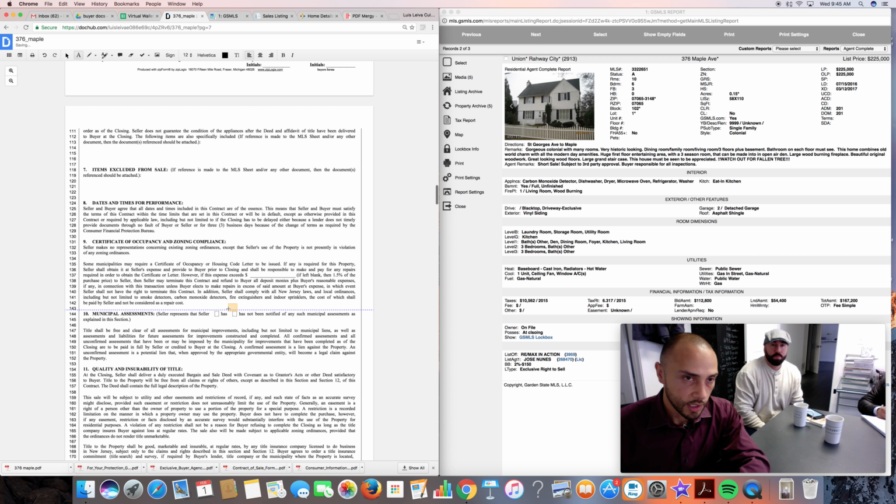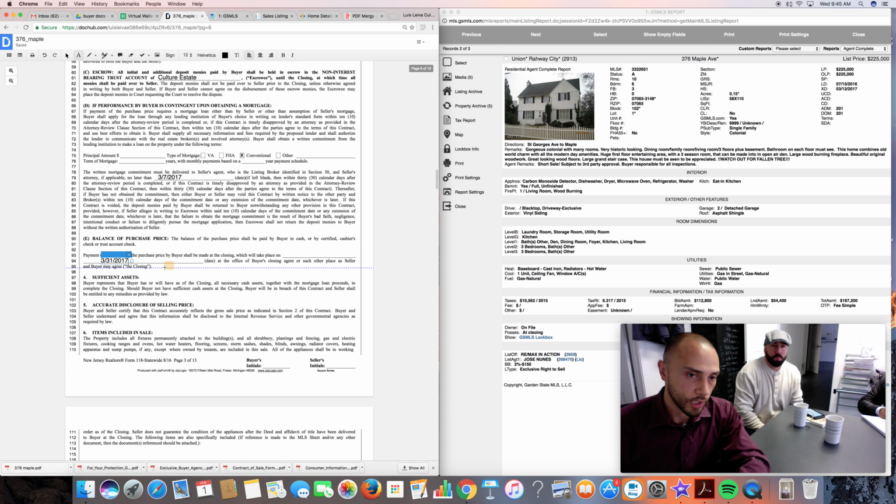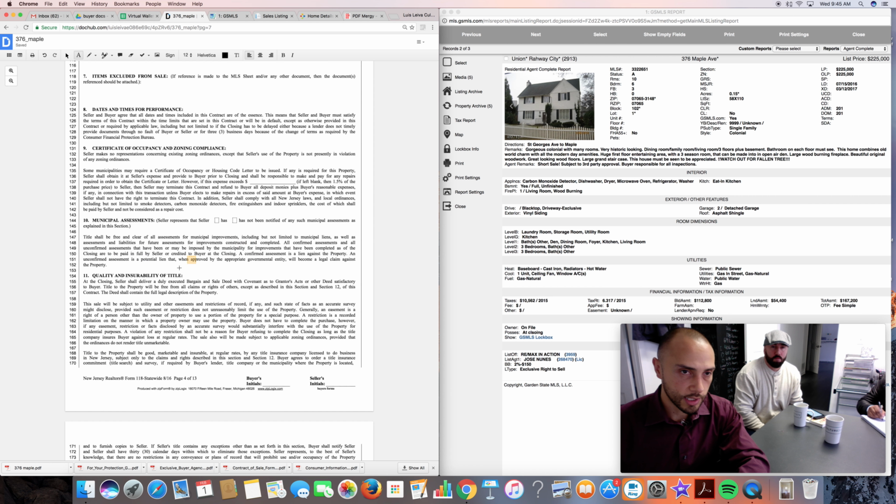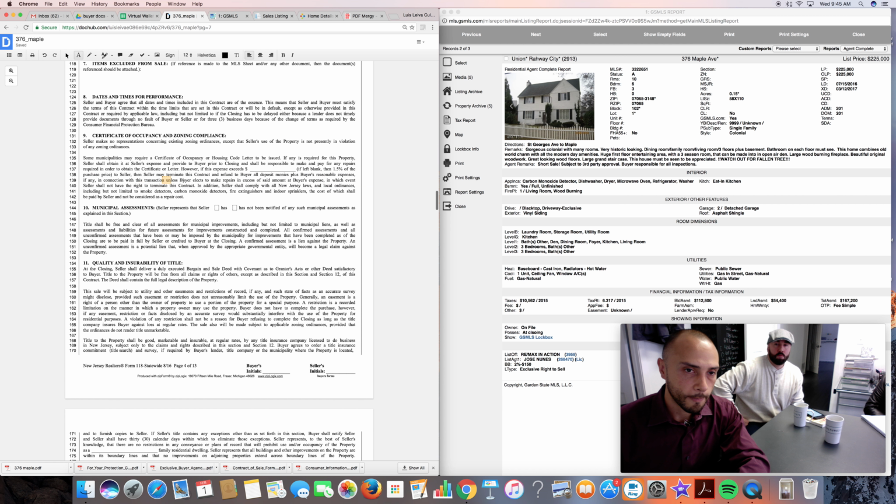Works out perfectly. All right, if there's any items included or excluded in the sale, you'd want to put them here. We're just going to keep it blank for now. This is a short sale, so we're probably not going to get many things. This is paragraph 9, which asks you what kind of property this is. It's going to ask you about the CO issues and CO repairs. Now, this gives you a hard limit